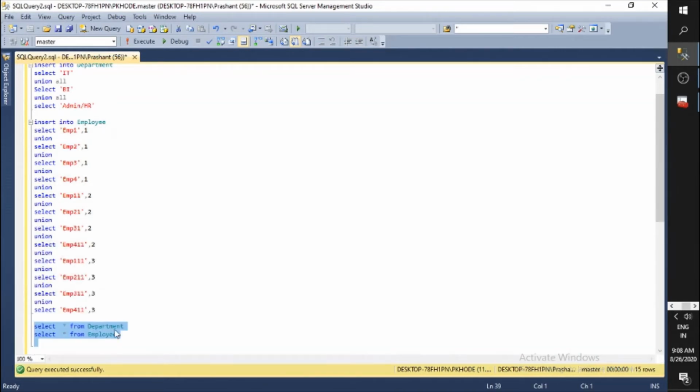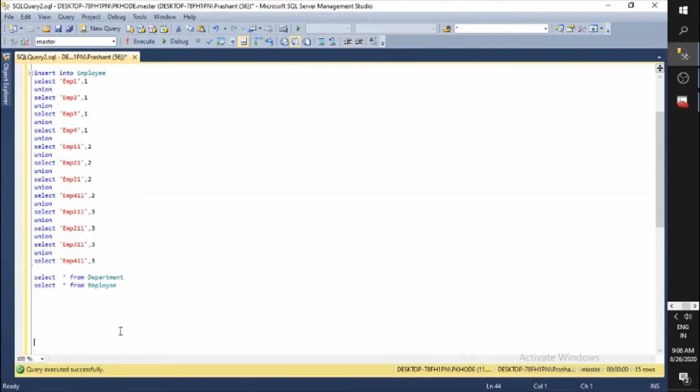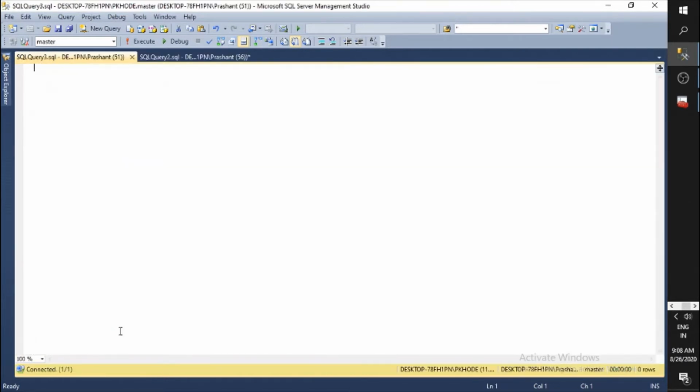Great. Now we are moving back to our topic, the ranking functions. In the ranking functions, we are going to start with the first function, row number.